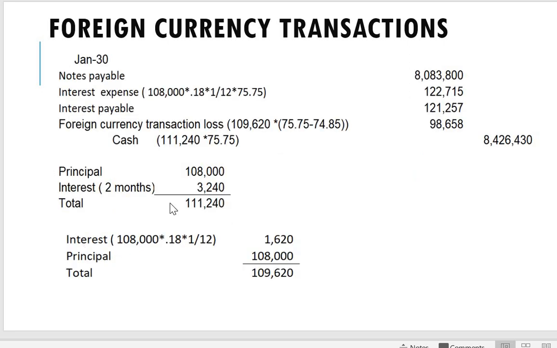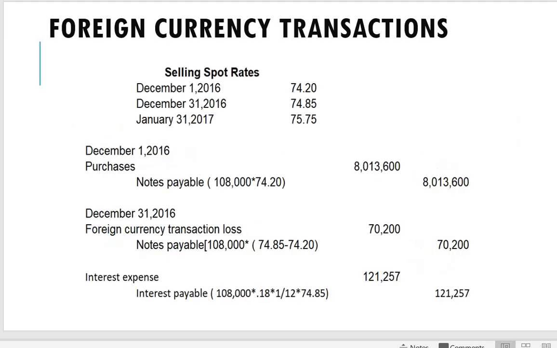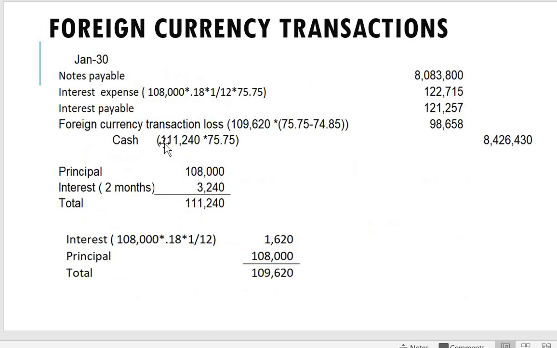Okay? So, on the settlement date, our total payment is the principal of 108,000 and the interest for 2 months. That's 111,240. And since the exchange rate on January 31, 2017 is 75.75, the amount of payment is 8,426,430. Again, that includes the principal amount of 108,000 plus the interest of 2 months, which is 3,240. You multiply it by the actual rate at the settlement date, which is 75.75. That's what you'll pay,